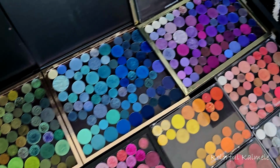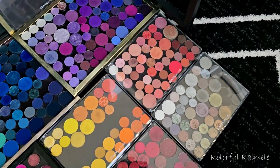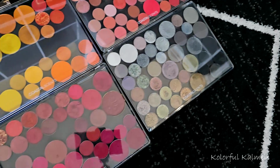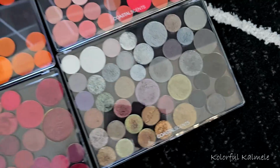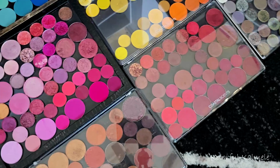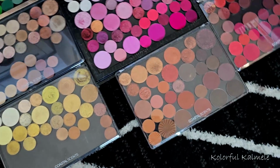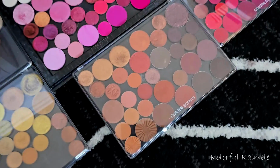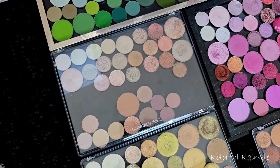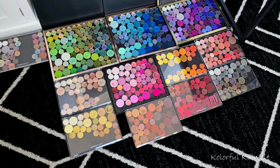But I have my greens, my blues, my purples, overflow of purples. Those are kind of pinky corally shades. This is a combination of silvers and taupes and black in there. I believe I got some black in there, yeah. Reds, rosy red shades. Some yellows and oranges, pinks, rosy shades. I don't know what this is. This is tans and browns, golds, super vibrant golds, and then cream colors and champagne colors. So I think I got them